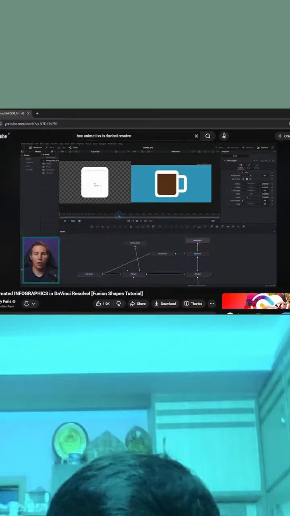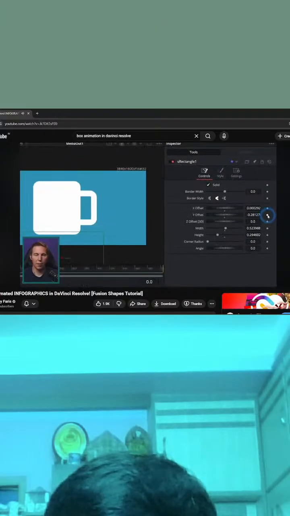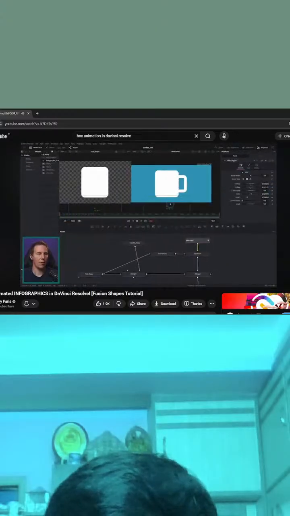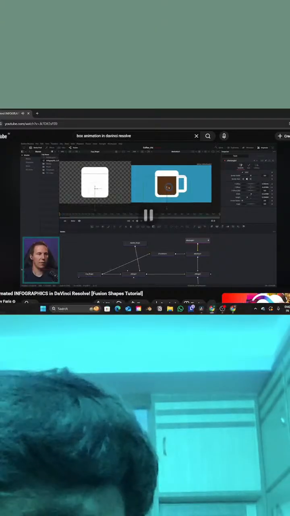And from here, if all we're doing is filling this with coffee, we're pretty much done. We can animate this, and I can just animate the X or Y offset of this rectangle. So at 0, we could start down here, and I'll just hit the keyframe on this Y offset. That tells it at frame 0, I want that rectangle to be right here. 30 frames in, let's have